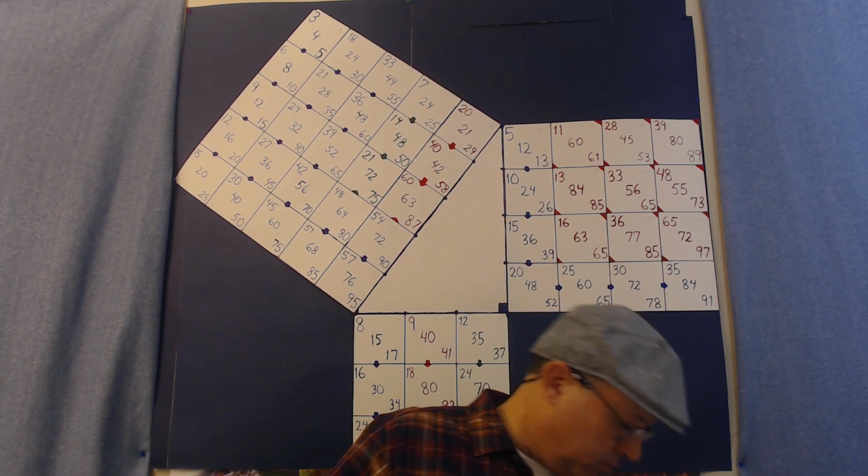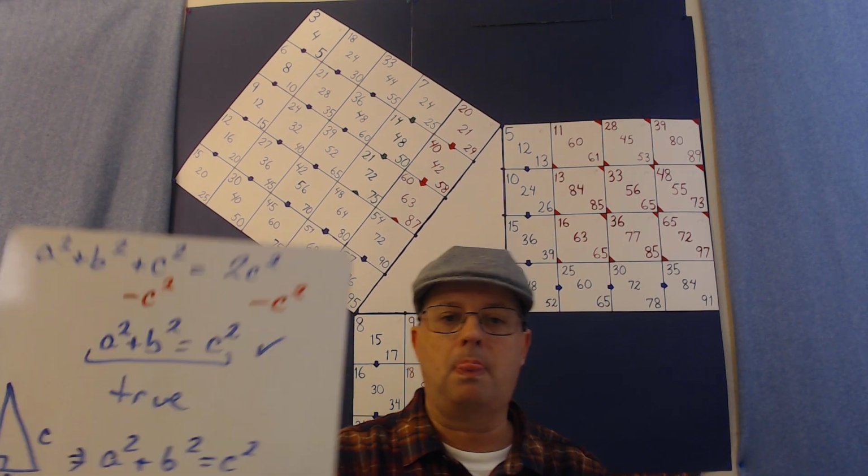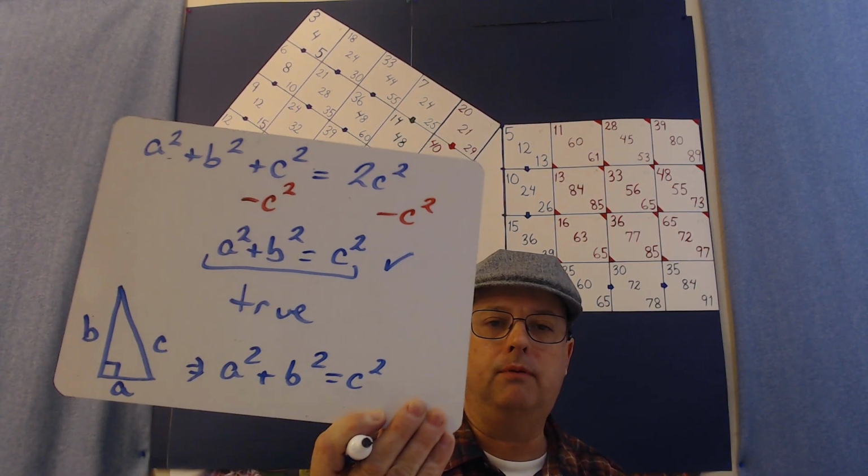And that truth, that's something that's true about a right triangle. And we have B, and we have A, and we have C, and we have a right triangle. A squared plus B squared equals C squared. And where did that truth come from? That truth came from this truth,